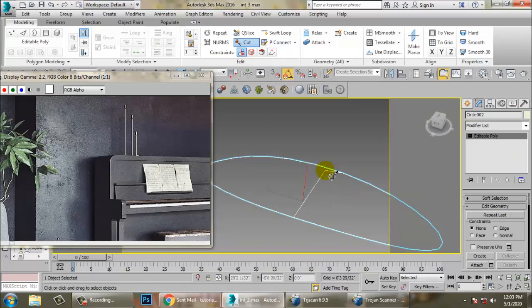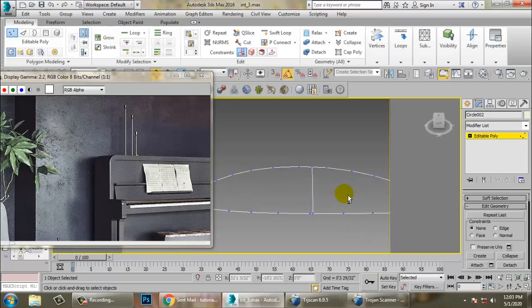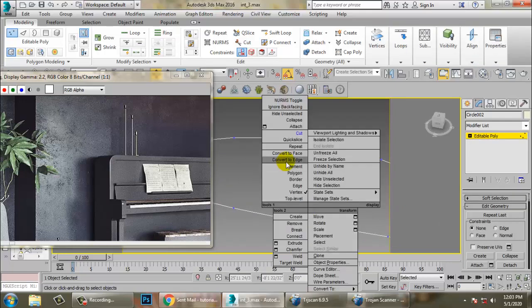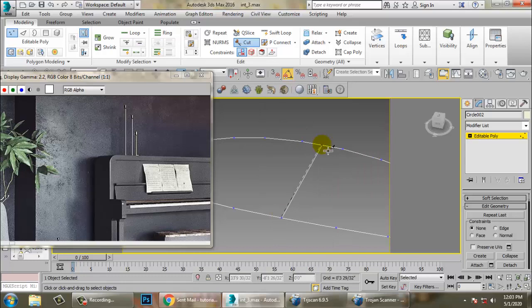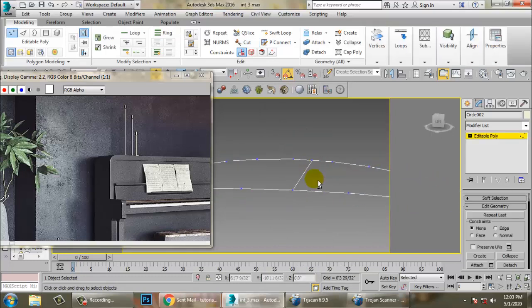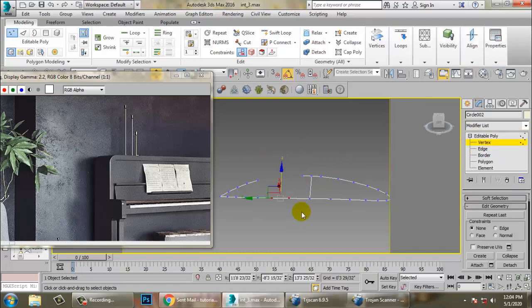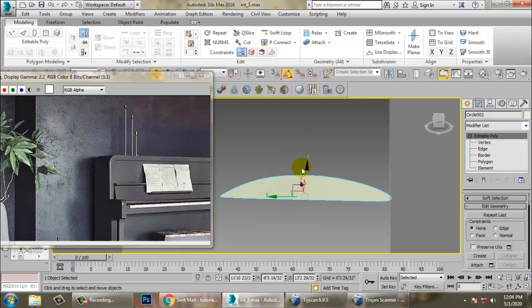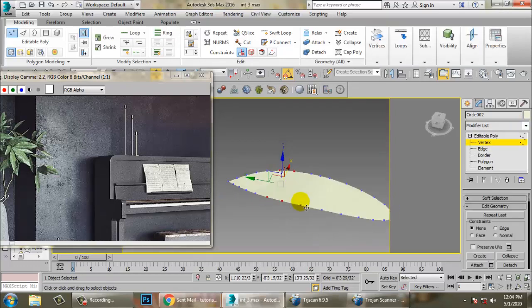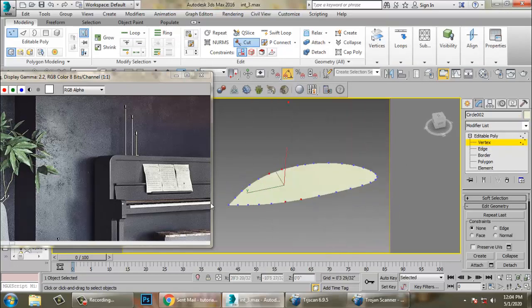So let's use a cut over here. Right click, cut, and just add a loop over here. What happens if you go with the deletion of all this, then the shape will not be proper. Not a problem. Now again use a cut over here. I'll again go with the cut over here,